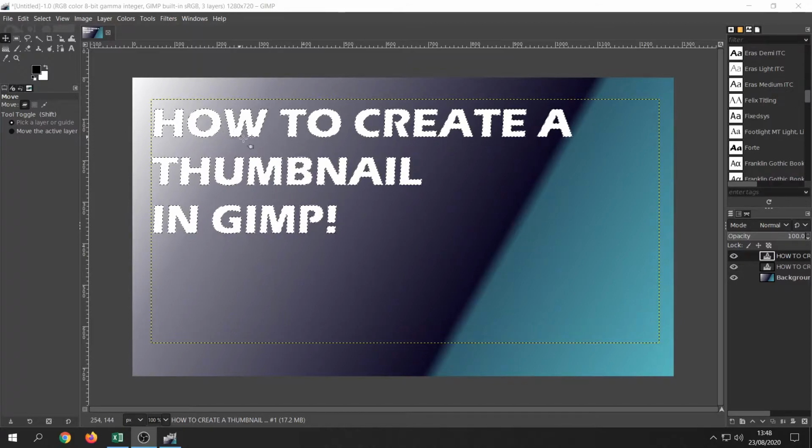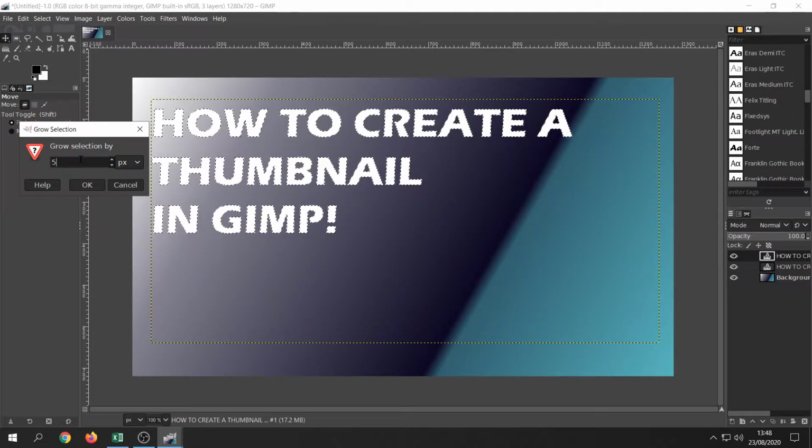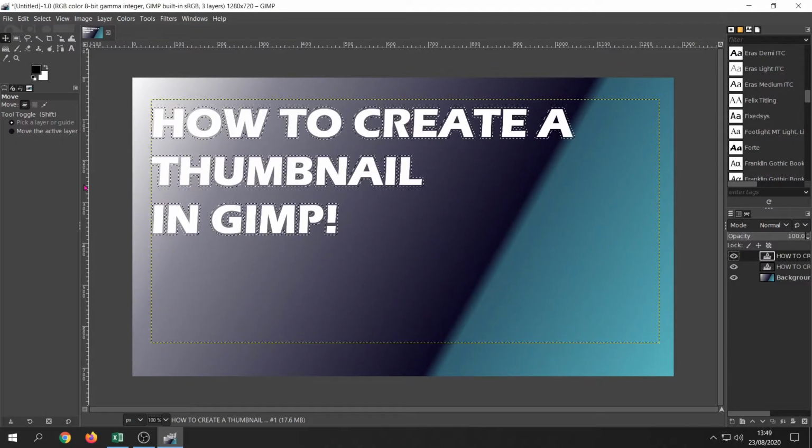Okay, after it's highlighted each character in the text, you want to click on select on the top left here, and you want to click on grow. Now, if we just use 5 pixels, you can obviously go higher than this. So we're going to click on OK. Now, as you can see, this has made a highlight selection which is 5 pixels larger